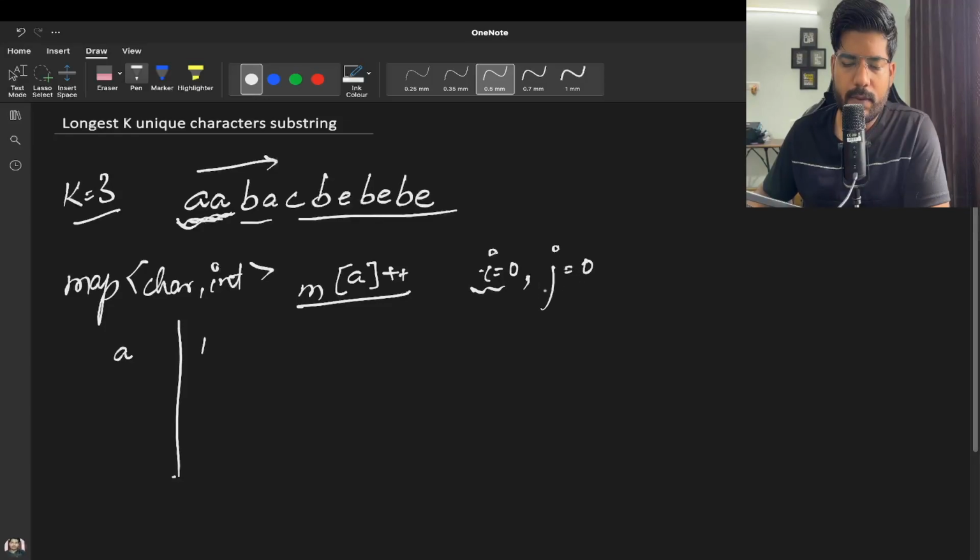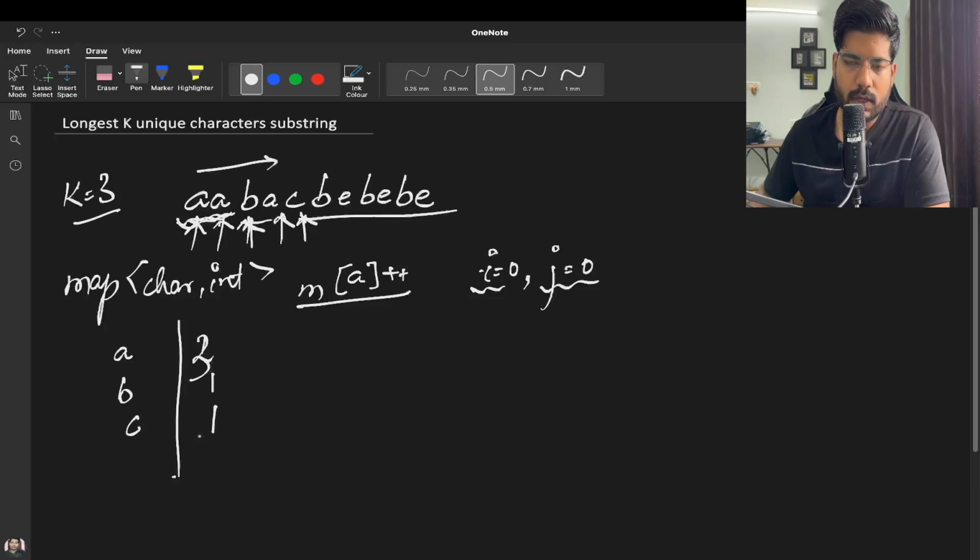Initially i will be pointing at 0 and j will be pointing at 0. So a initially will be 1 at this place, then we will visit this place, a will be 2. Then i will be at this index, b will be 1, then a again 3,